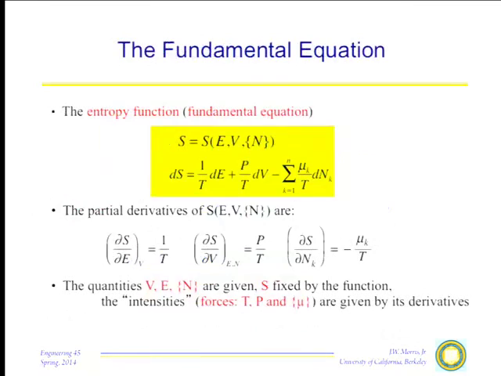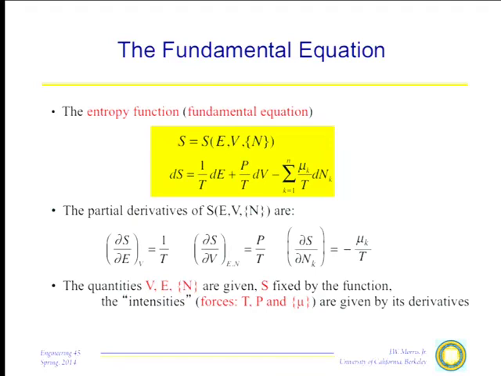Where you get to in thermodynamics is a fundamental equation. The fundamental equation is just a single equation that contains all of the thermodynamic information you have about the system. For a simple system, we have energy, volume, and there's also chemical content, composition. We can write the entropy, as we've already talked about, S as a function of E, V. If we change the composition, that would also affect the entropy, so let me just throw those variables in. And the differential of entropy is 1 over T dE plus P over T dV, and then we have, for convenience, minus chemical potential divided by temperature dN. This is a form of the fundamental equation. The fundamental equation tells me everything that I can possibly know thermodynamically about a particular system.